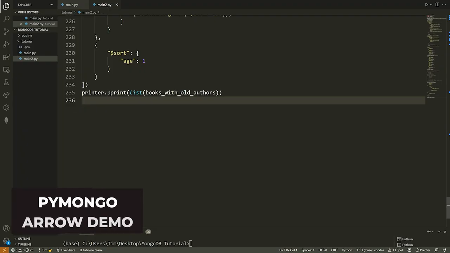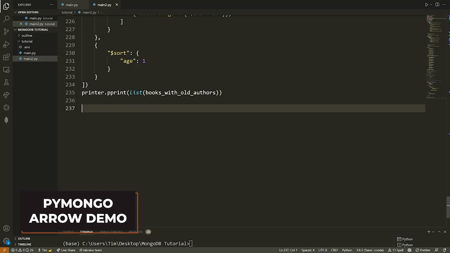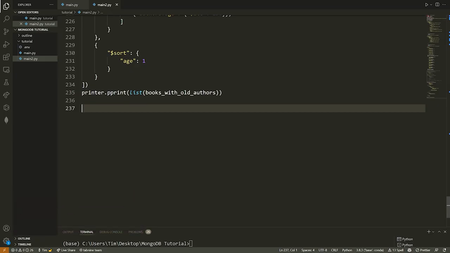Now, what I want to end you with here is a quick demo of this awesome library/module that MongoDB has made called PyMongoArrow. What this allows you to do is essentially take MongoDB data and read it in as a data frame, so a pandas data frame, or a NumPy array. You can also read it in as an Arrow table or an Arrow object if you're familiar with what that is. So this is super useful for data scientists, specifically machine learning people, or really just anyone using Python